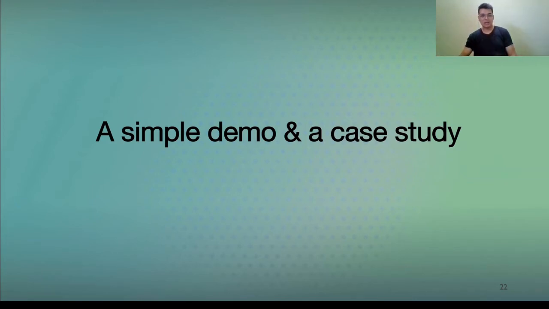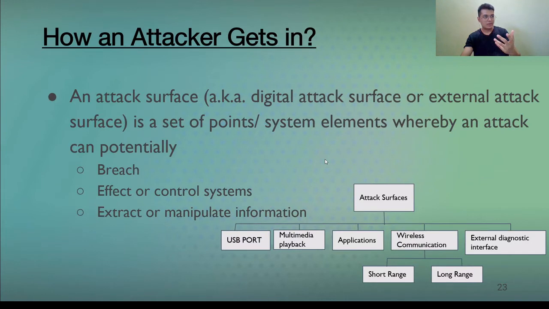But in this, we are not going that deep. We will just try to understand the attack surface, the attack methods, and the damage scenarios. What could be the possible damages that could happen? Before going into the case study, there are some terms and abbreviations that we need to understand, so I will go through those points just for your better understanding of what we are talking about. So the question is, how do attackers get in? If I have an ECU, how could an attacker get in? The first thing that I need to identify is the attack surface.